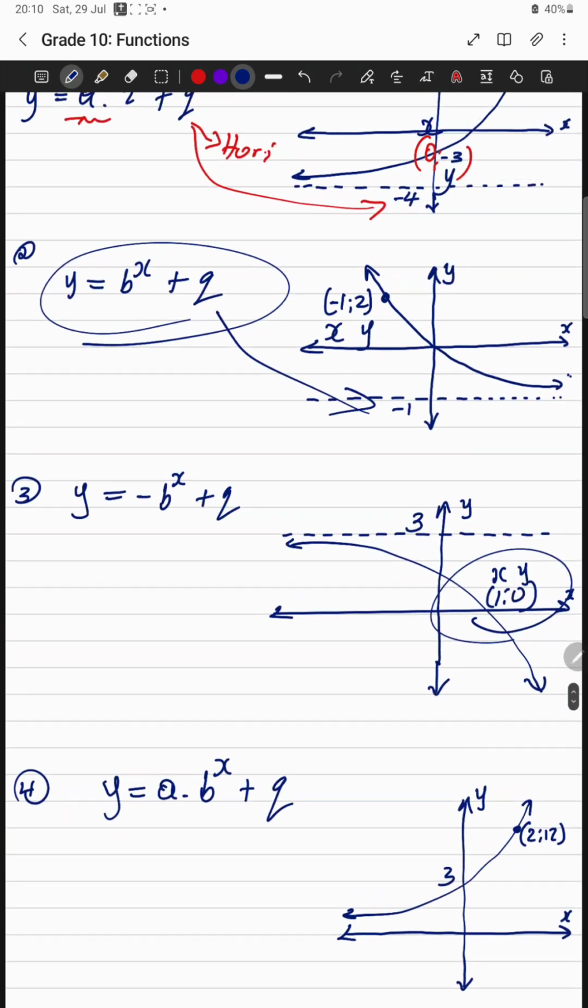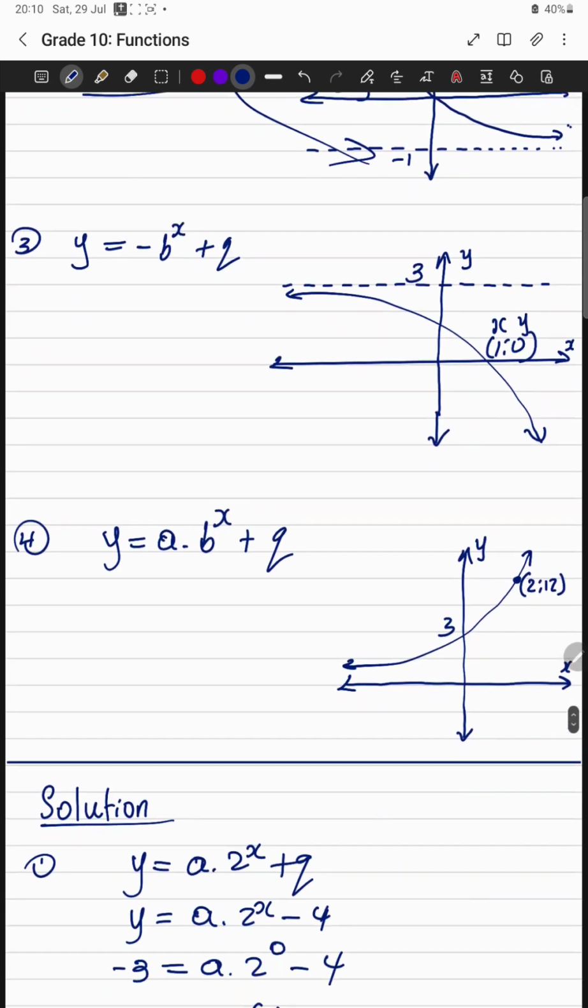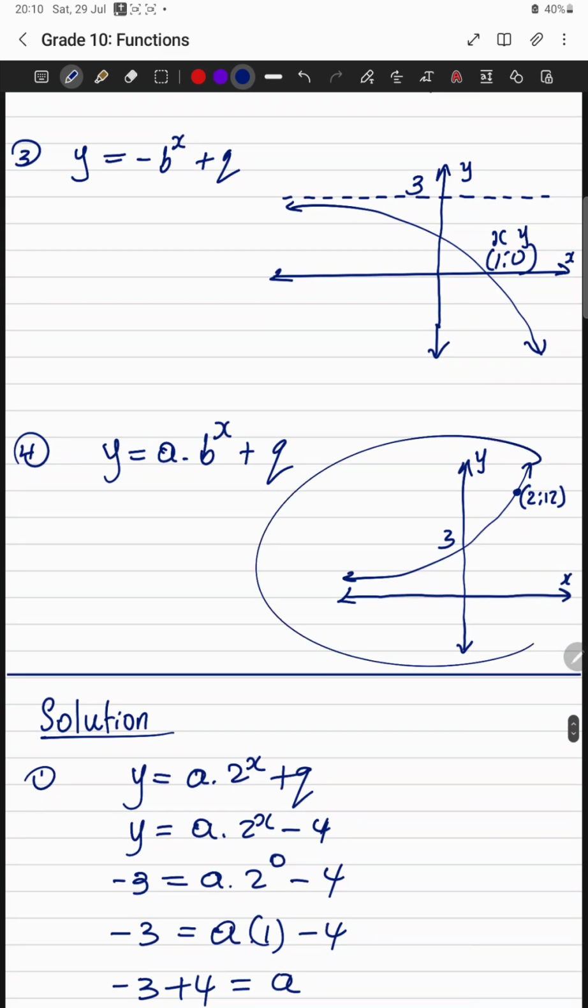And then if a is negative, the graph must be drawn this kind of way. And if a is positive, the graph will be like this one. Okay, so now we're done with this one. Now let's do the last one. So in the last one,